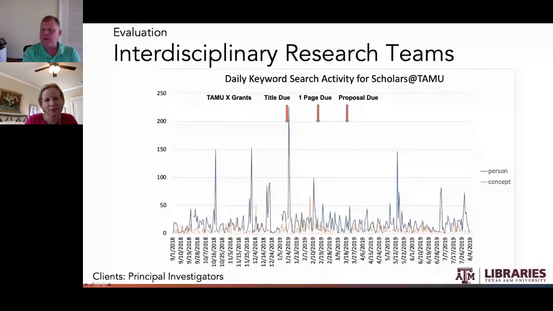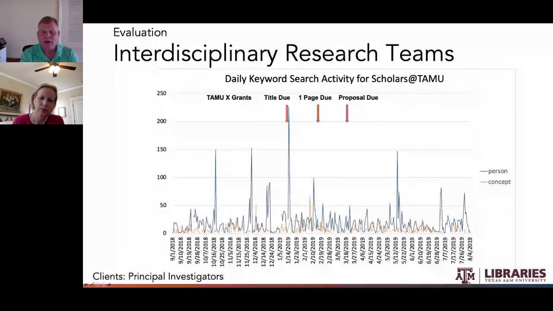Texas A&M has recently used internal funding to drive the formation of new interdisciplinary research teams across campus in a new program called the Triad and X Grant program. Texas A&M has dropped about $100 million into this program. And one of the activities that we tracked was usage of our system during due dates for this internal grant funding